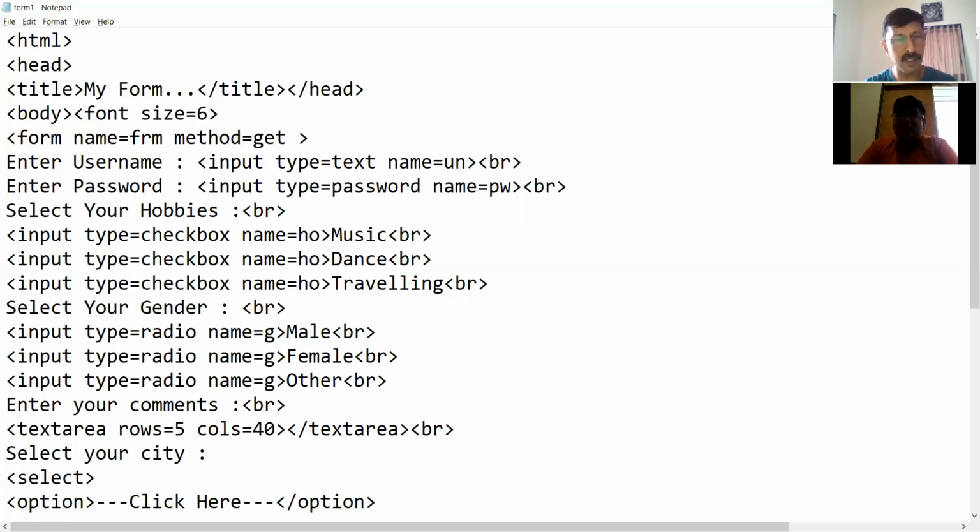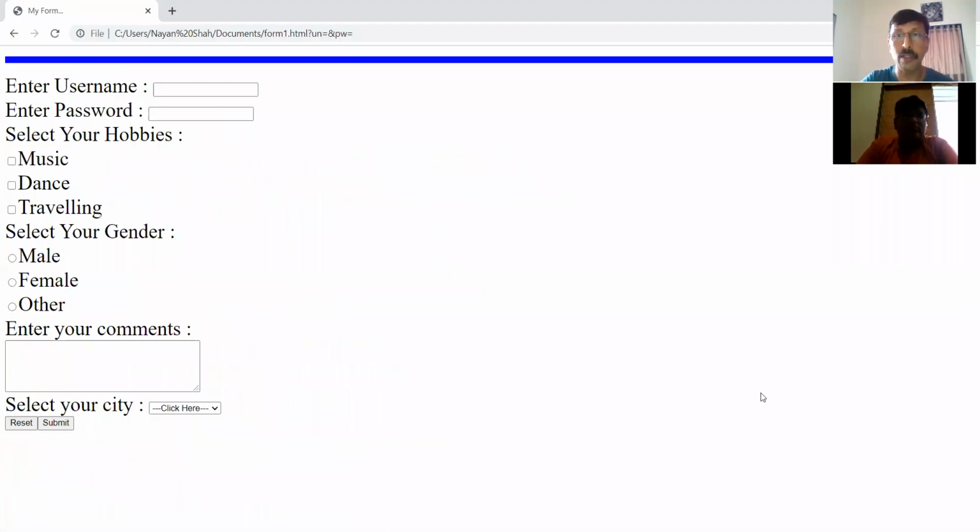But before that, I explain another option, and that is action. Action says what action is to be taken once the form is successfully submitted. For us, it is not important. We write any HTML file name or anything. Let's say abc.html. That means that once my form is submitted, it will open the abc.html file if it exists. Save this. Let us come to the browser screen to show you the effect of get method.